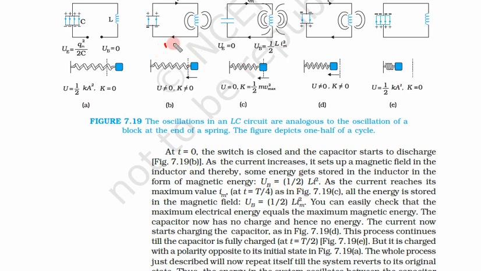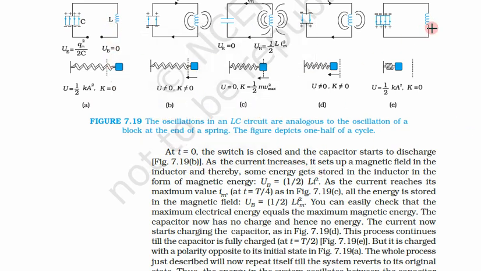Up to this point, we have electrical energy which is non-zero, but also not maximum. So UE is equal to Q square by 2C, where Q is some charge, but not the maximum charge. Also UB is not equal to 0. What is this UB? UB is equal to half Li square. Again, this I is some current, but it is not the maximum current.